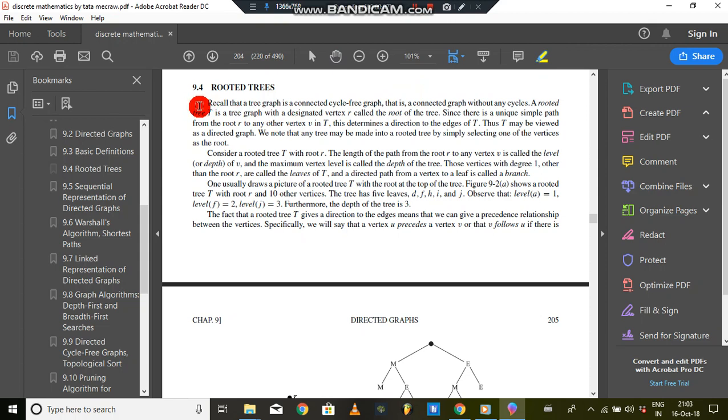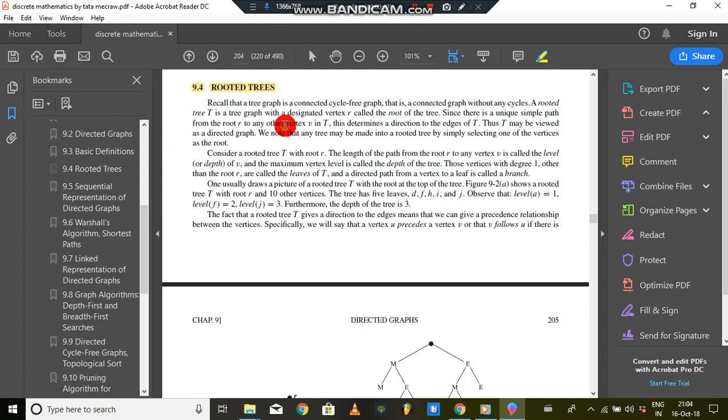Let's continue the discrete mathematics series. We covered till the 9.3 subtopic of the directed graph chapter 9, the basic definitions, a little bit about the directed graph. And a directed graph is not different from the graph. So this is 9.4. What is the rooted tree? Okay, so